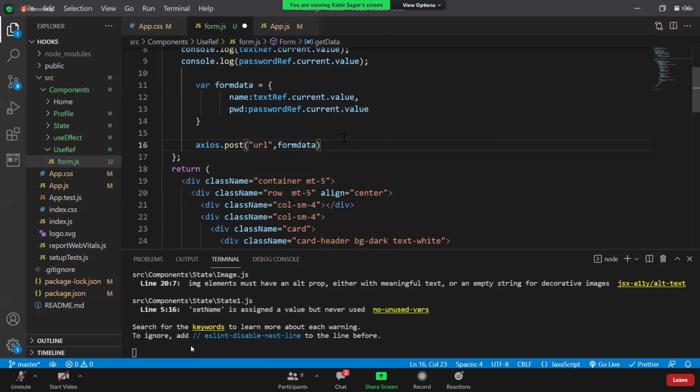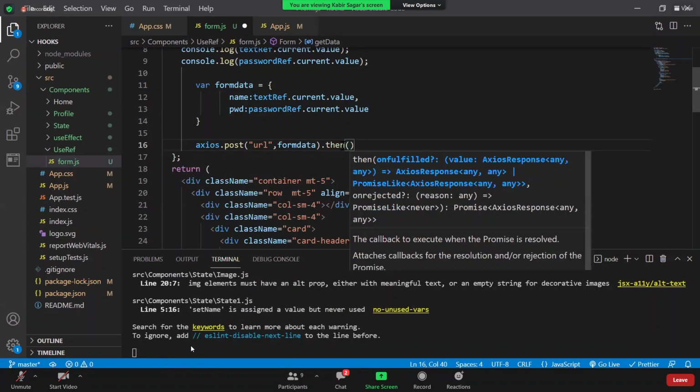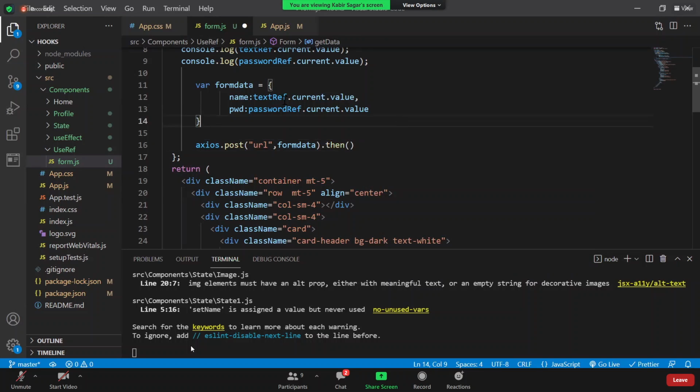Now the request will go to the server. With that request, we are sending some data to the server. Now they will receive it, they will store it, and they will send one confirmation message to us: yes, data is successfully stored. Then we will handle the promise here. If we get a confirmation message, then we will show the user that you have logged in properly, and we will navigate to some other page, home page or something like that. This is how the login will work. We will do this once we develop that server-side part.